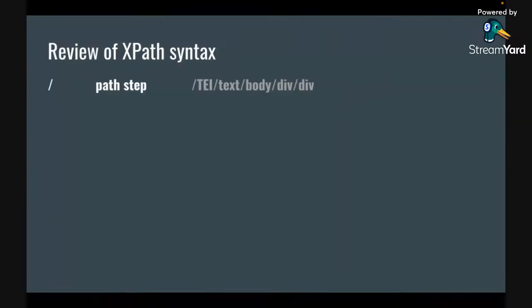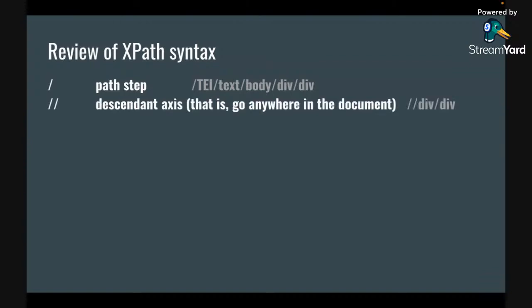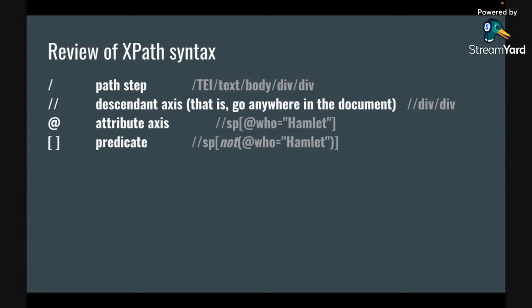Now, I just want to review very quickly what we've just learned about XPath syntax. We've got the path step, which takes you from the root node out deep into the XML document. We've got the descendant axis, which allows you to go anywhere in the document. We've got the attribute axis, which allows us to identify particular attributes and their values. We've got predicates, which are rendered within square brackets. We've got the dot for the context node, and here you can see a greater than mathematical calculation,